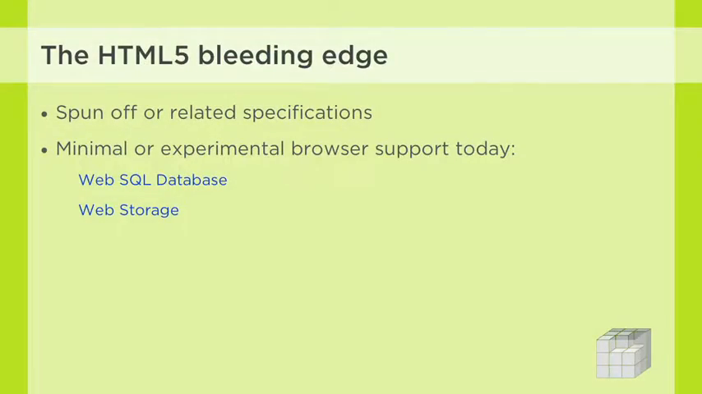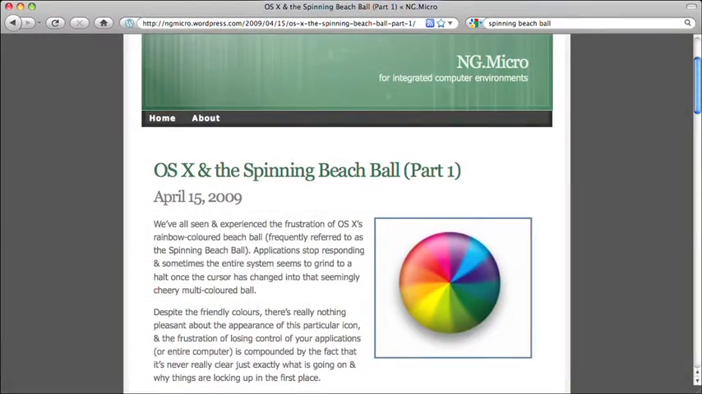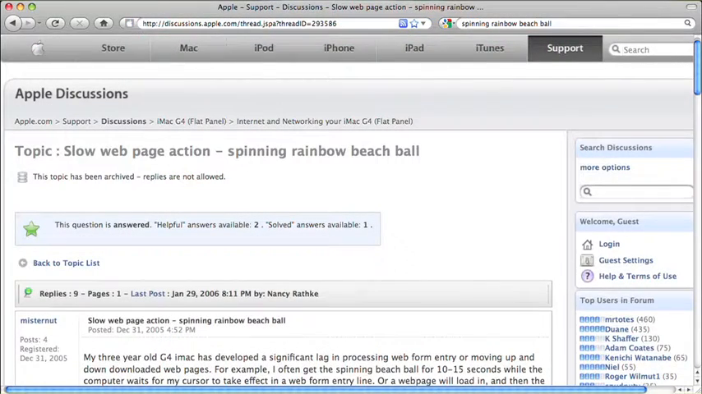In addition to web storage, there are two more areas of HTML5's bleeding edge that I think are worth looking into. The first is web workers. How many times have you been on a website and run into the rainbow beach ball cursor of death, or perhaps the hourglass cursor of death? It's really annoying. Anytime I'm browsing a website and it just starts spinning, my browser locks up,